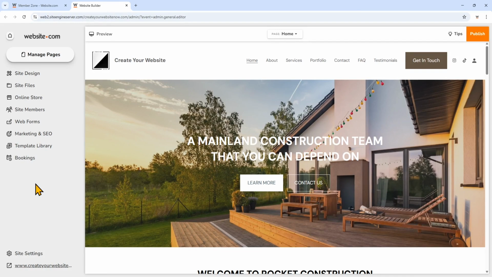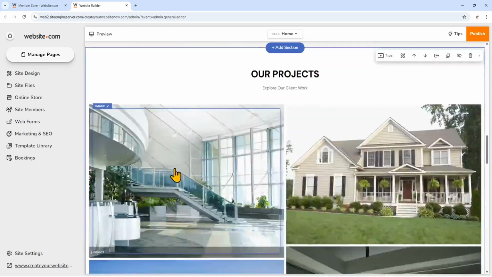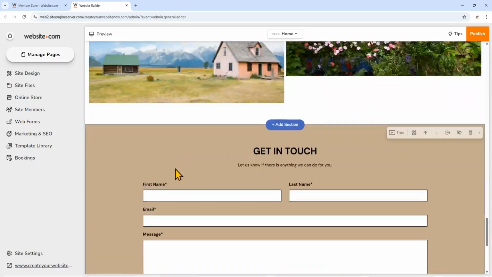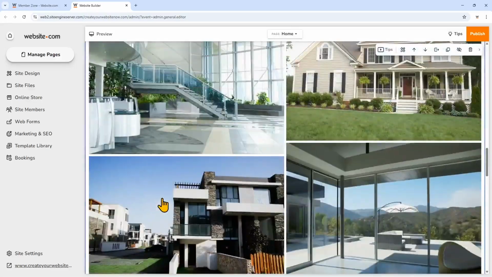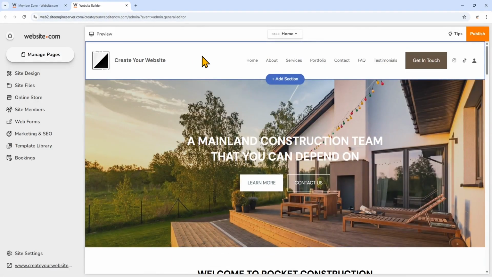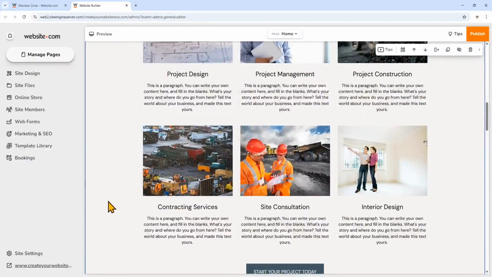When you've logged into the website.com builder, you'll notice that there is a header section at the top, the body section, which is all of this content, and the footer section at the very bottom. Note that this footer section and this header section are global. That means that they will be the same across your entire website. So any changes that you make in the header or footer section on one page will apply to every page on your website. On the other hand, all of the changes made in the body sections for each page are custom to each page. They'll only apply to the web page that you're working on.